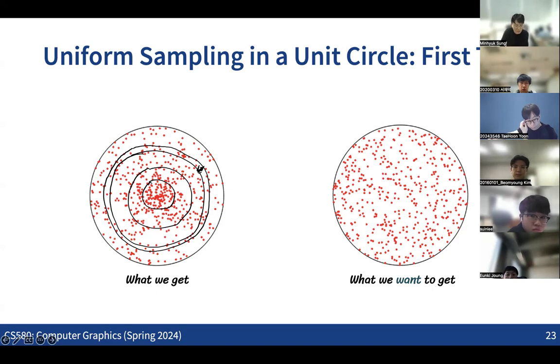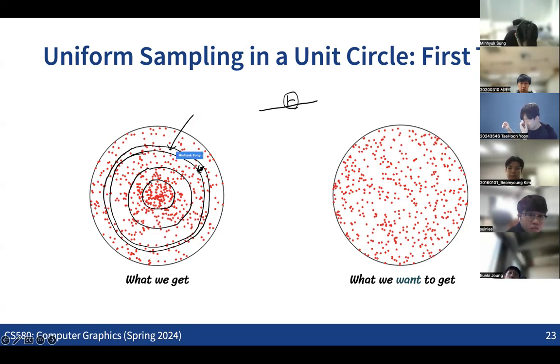All these rings have the same probability of being picked because we uniformly sample the radius, right? So those rings have the same probability to be picked, but